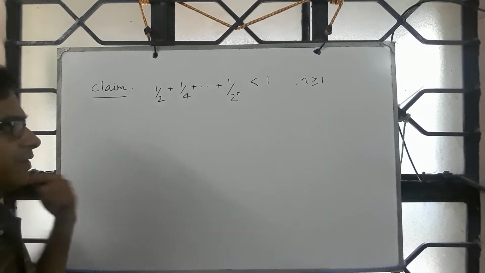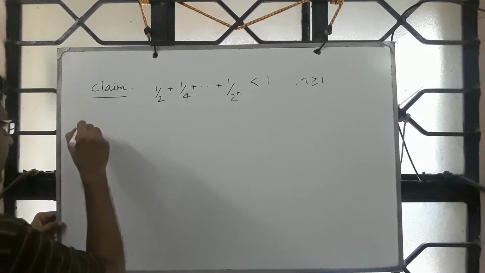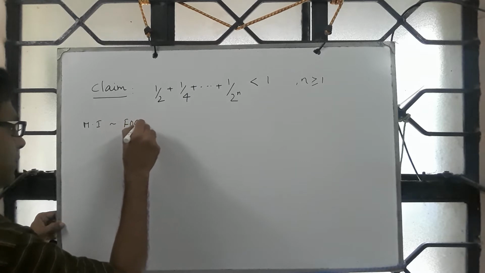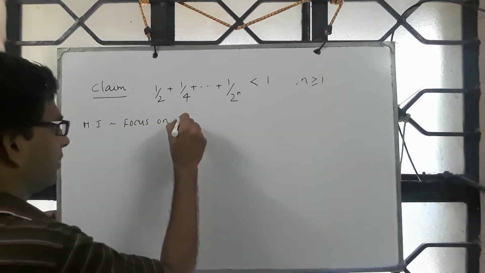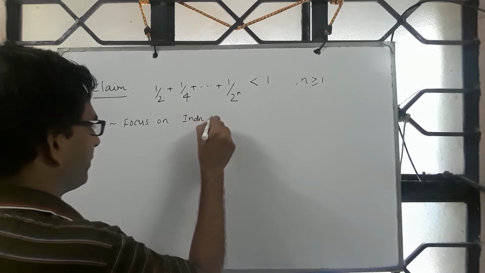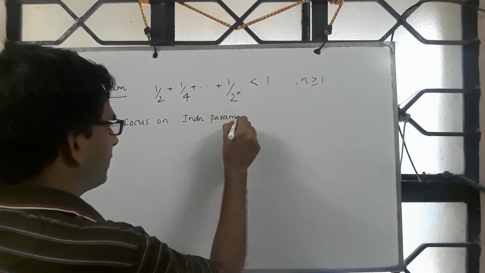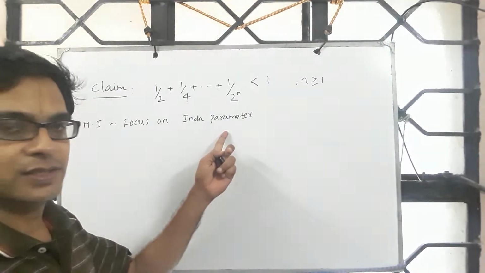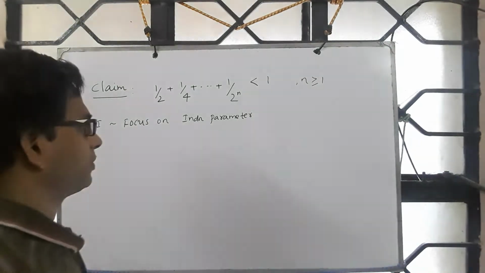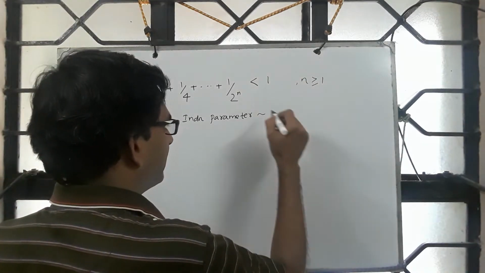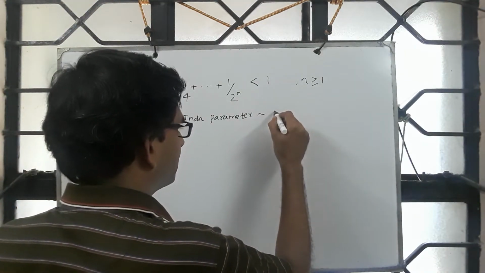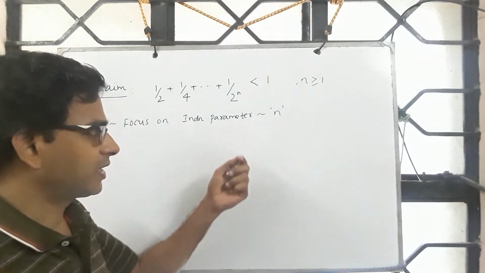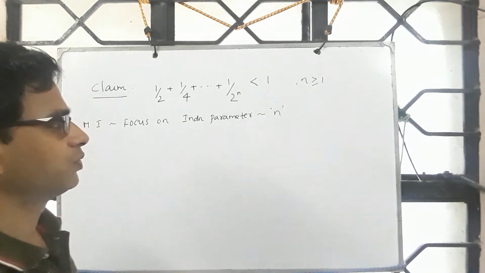Okay. When we apply mathematical induction, the first thing is we must focus on the induction parameter. By looking at the problem, we need to identify what that parameter is. Fixing the parameter, one has to run the induction. So in this case, the parameter is n. Now you ask, if n is equal to 1, is the claim true? If n is equal to 2, is the claim true, and so on.